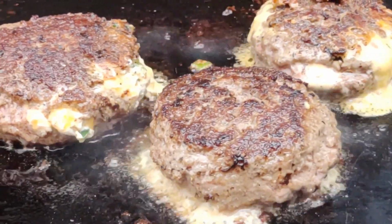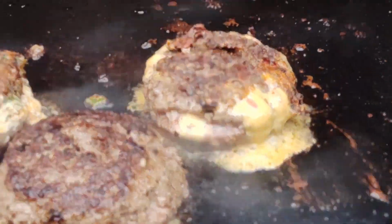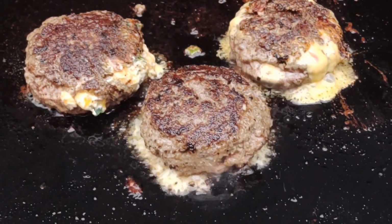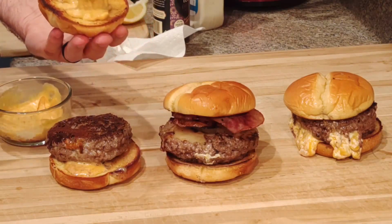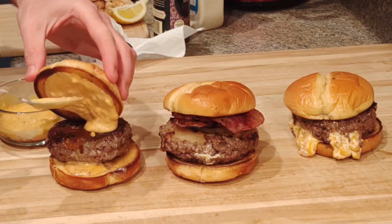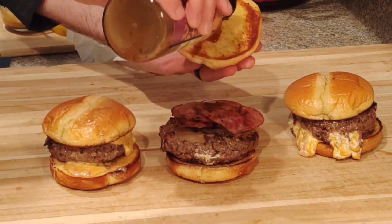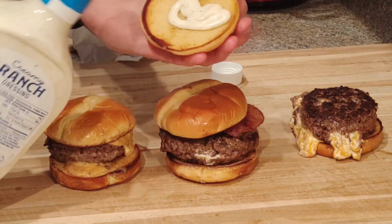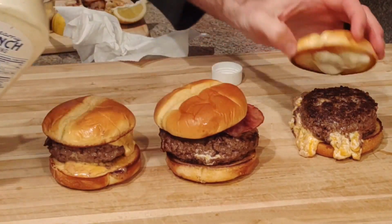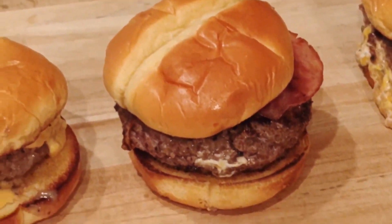And you can see some of the cheese coming out from the jalapeno popper and the American cheese. Oh man, it was so good. It's definitely different. It's something different. It was fun. It was good. I ended up topping the American cheese one with a regular burger sauce, ketchup, mustard, mayo, and pickle relish. More teriyaki on the Hawaiian one, which I should have done this way to begin with. Ranch dressing for the jalapeno popper, just to give a nice little topping on each one, and that one is